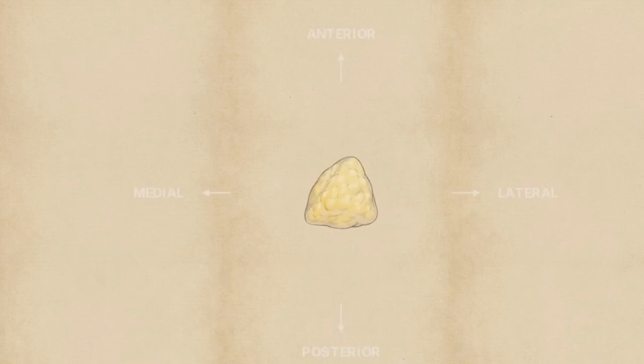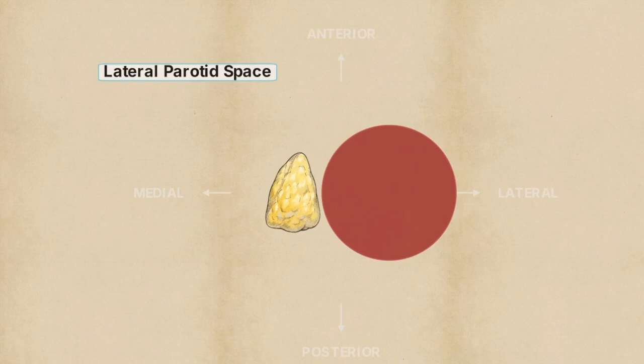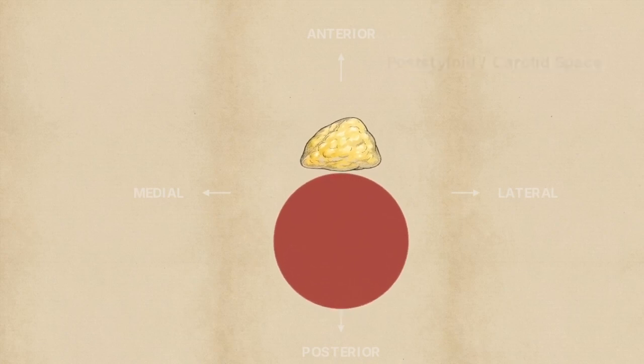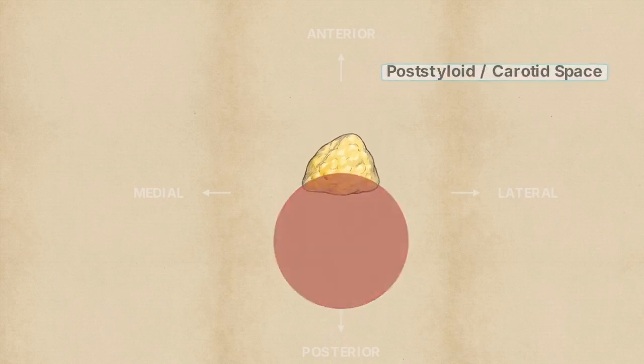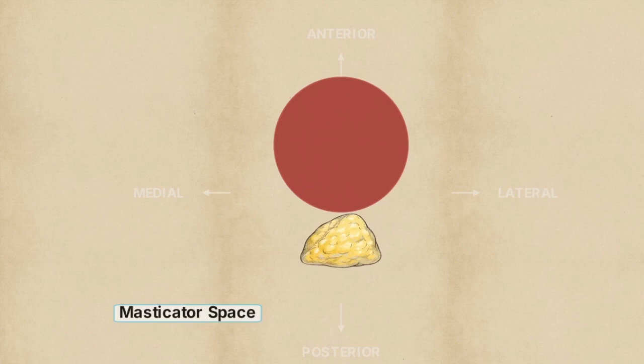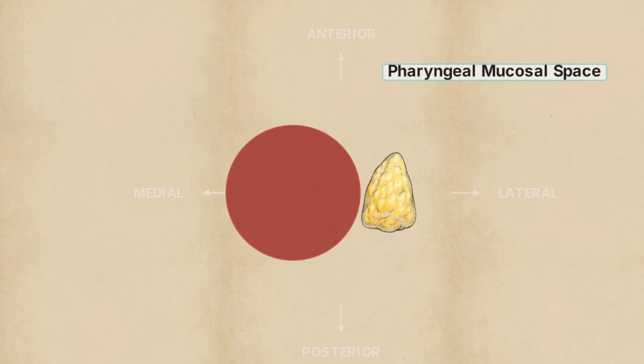If you see a mass pushing the fat pad medially toward the midline of the throat, the tumor is coming from the lateral parotid space, most likely the deep lobe of the parotid gland. If the fat is pushed forward, anteriorly, the lesion is arising from behind it, in the post-styloid or carotid space. When the fat shifts backward, posteriorly, you can identify the mass as originating in the masticator space, situated in front of it. And if the fat is displaced laterally, outward toward the jaw, the mass is pushing in from the